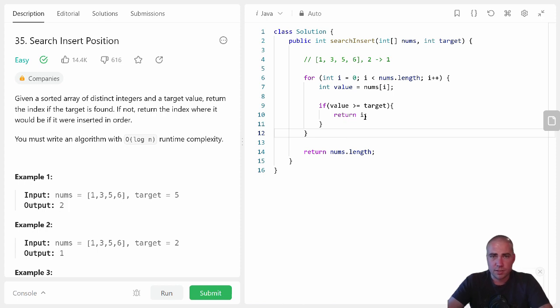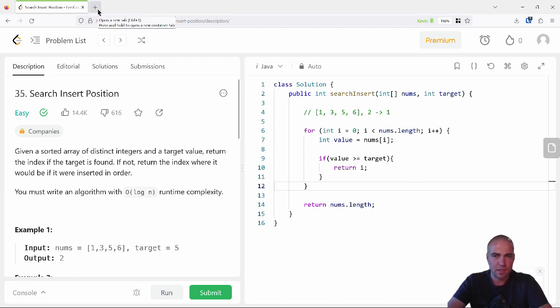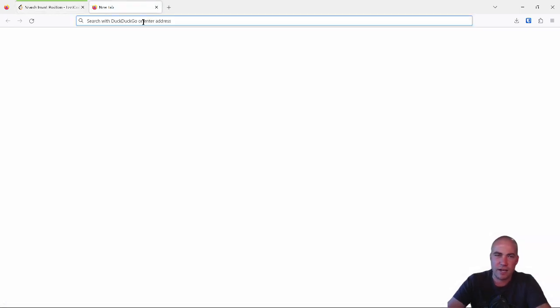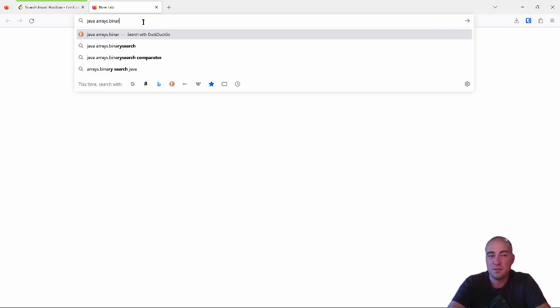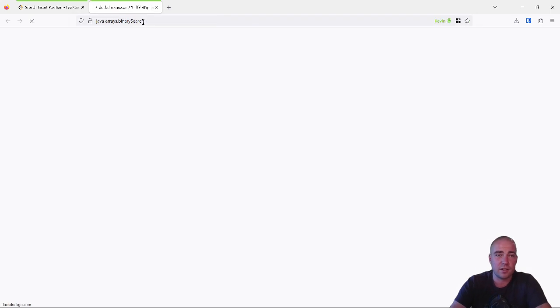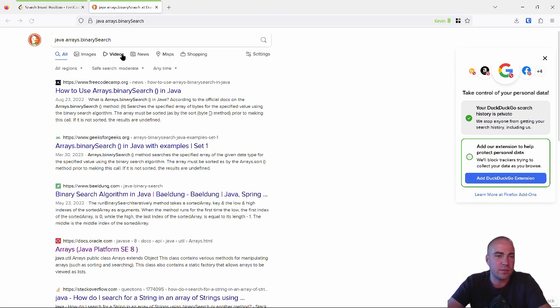Real quick, another thing that I would be doing at this phase of the problem, actually at any phase of the problem, is thinking about shortcuts I might take, like language specific things. So I have a vague recollection that Java has an arrays class, and I think that arrays class has a binary search function. So I'm just kind of curious. I wouldn't be able to look this up in an interview environment, but